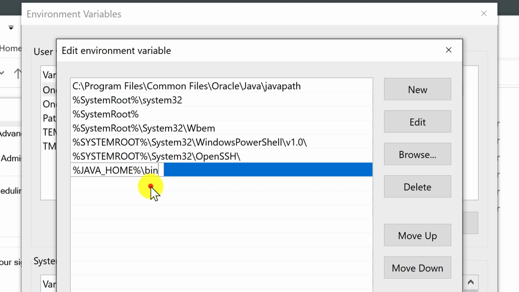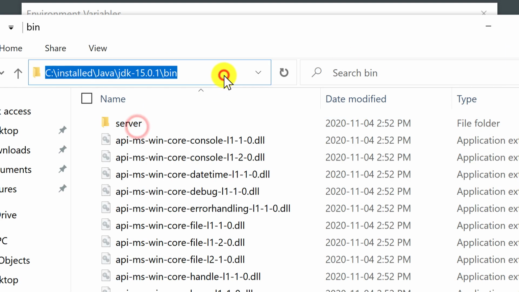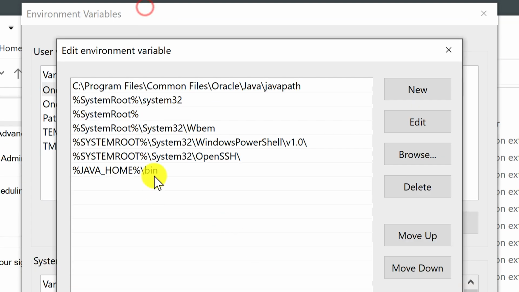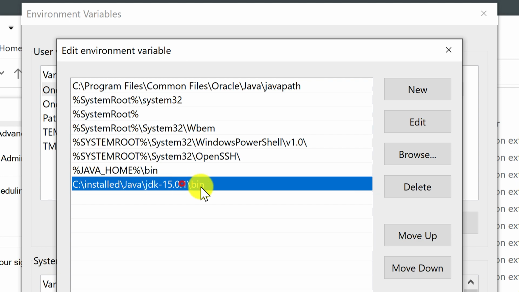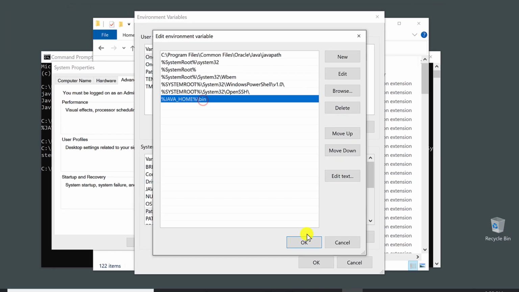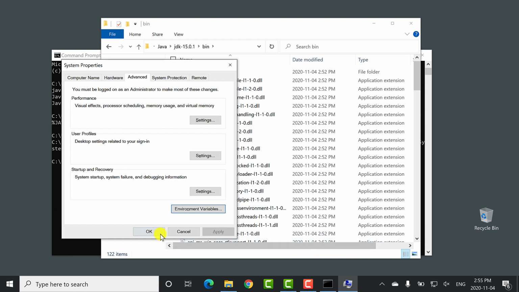This will minimize the change. But the other way you can do it is to copy the full path of the bin directory and paste it here. I prefer to use a relative path, so I'm going to delete this full directory path. Click OK, again OK, again OK.